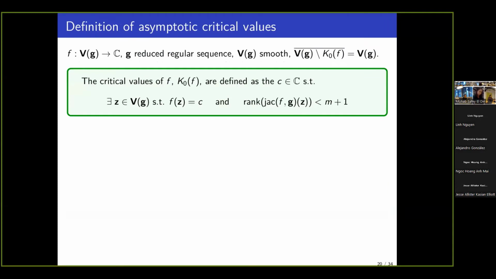To get into the details of the algorithm, I'll begin with a definition of what these asymptotic critical values are. As we saw, they're analogous to